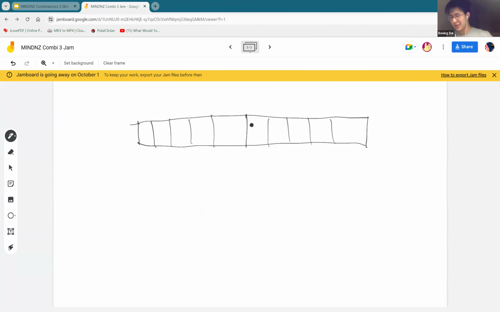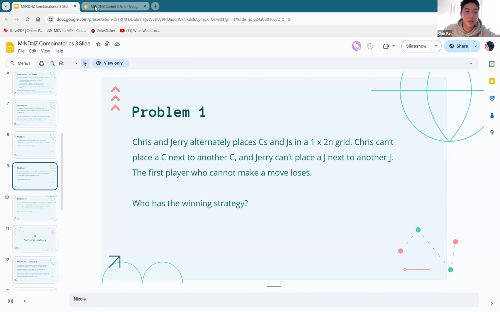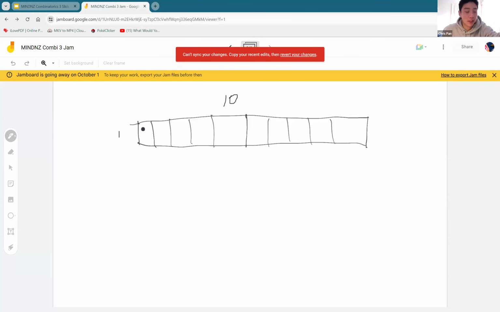Okay, so we have a 1 by 10 grid here, right? It's Chris and Jerry, that's me and Jerry. Does anyone have any ideas on how you might use the principle we learned just then to make some progress on this question? Okay, Jackie says split in half and try to reflect. That's great. So we're gonna try to use the same symmetry principle. This time you can't rotate because it's just 1 by something, right? So maybe we just try the